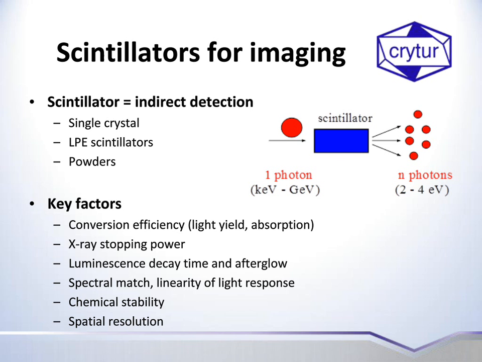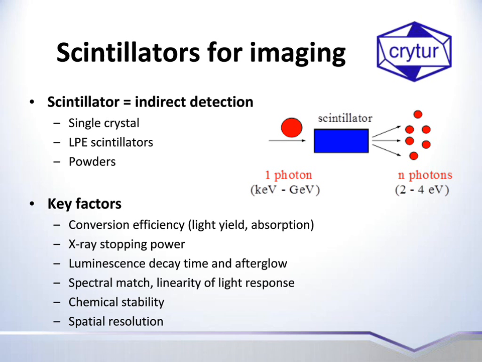The luminescence decay must be shorter than the integration time of the camera, but it's usually okay. For the afterglow, there might be some problem, because if the afterglow is high,